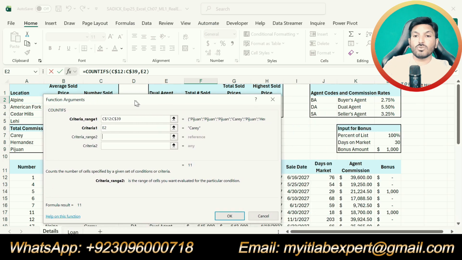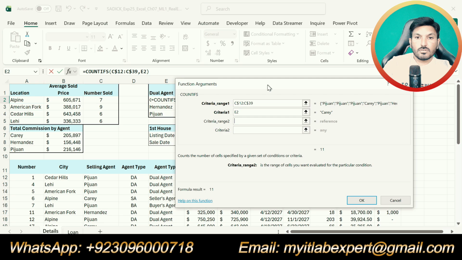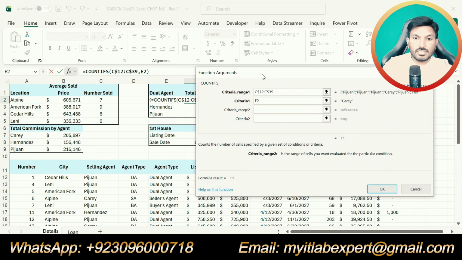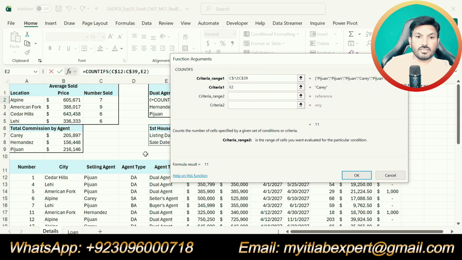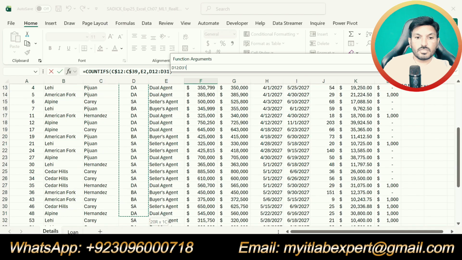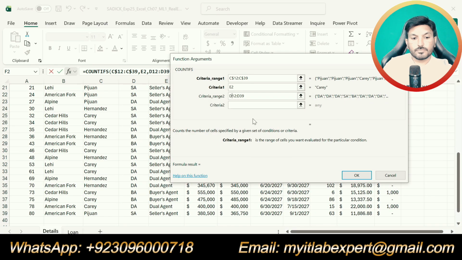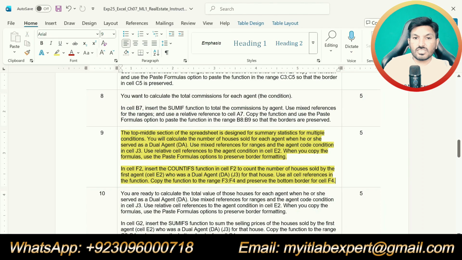Now our criteria range 2 is the agent code that is given here in column D. That is our criteria range 2. But our criteria 2 is mentioned in the instruction, that should be DA.